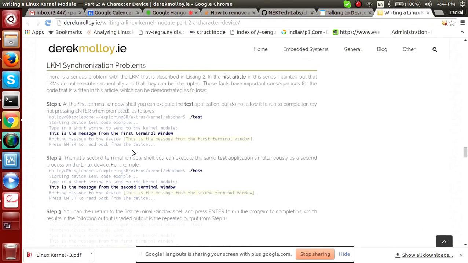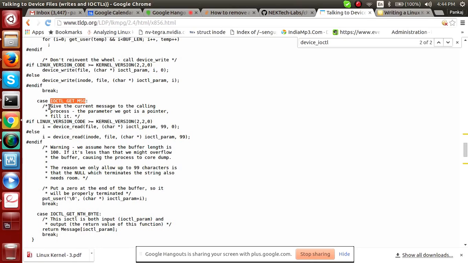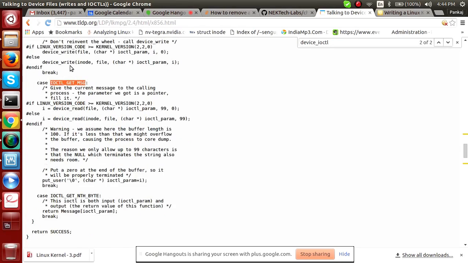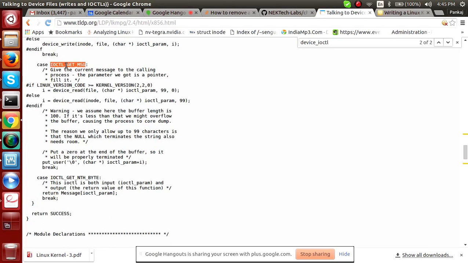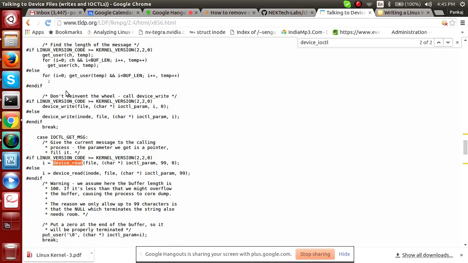Okay, so let's check it out. This particular ioctl command is called by an application with this particular command. The second argument was this, and it came inside and used device read only. So basically your ioctls are wrappers to your raw device calls. Raw device reads and writes, it's a wrapper over that so that you can get specific information from the devices.